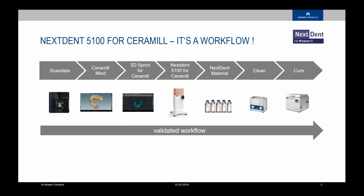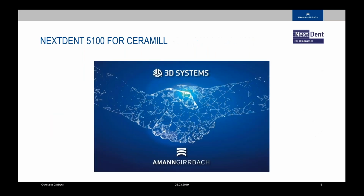And this workflow starts, of course, with the scan data, and later on with the Mind and the transferring of the data to the printer. I will show you how it works. And for this, it was necessary to find a cooperation partner. And Amann Girrbach found this cooperation partner with 3D Systems. So from the early spring this year, we are cooperation partner of 3D Systems, and therefore we evaluate